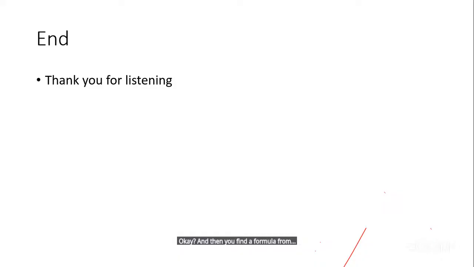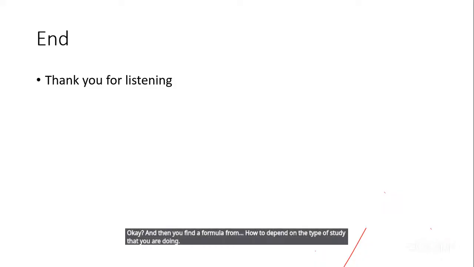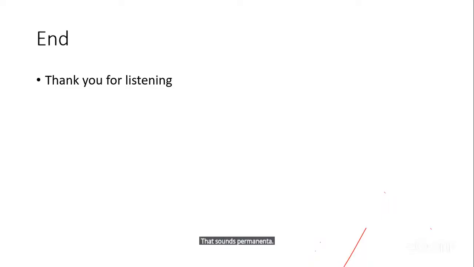That will depend on the type of study that you are doing, whether it's experimental or an intervention. So you go to the literature, you study the literature very well, and you get one that is appropriate for your use.